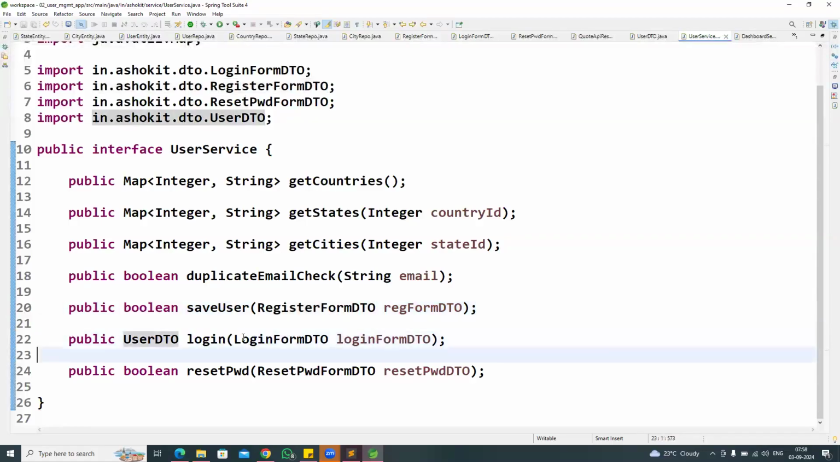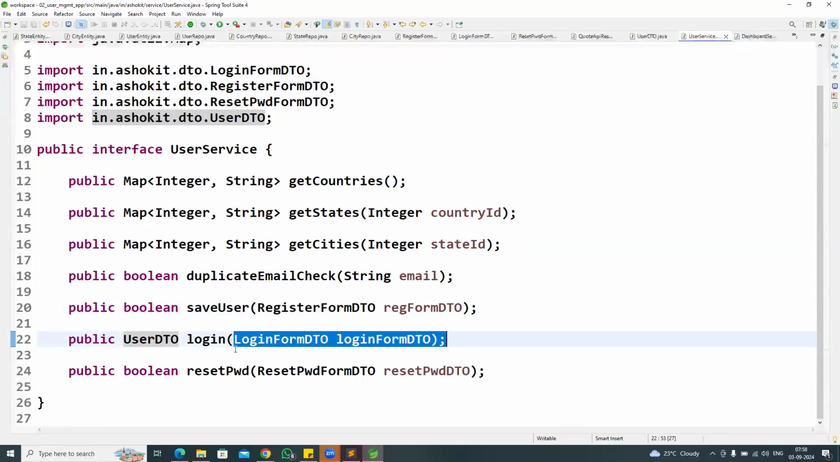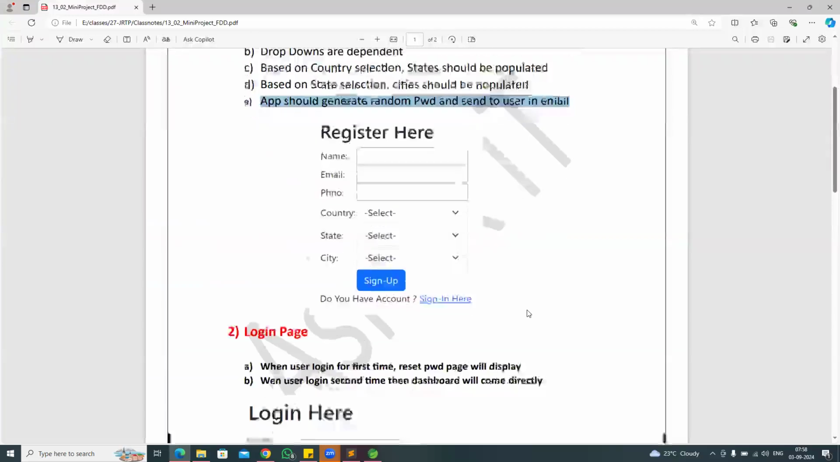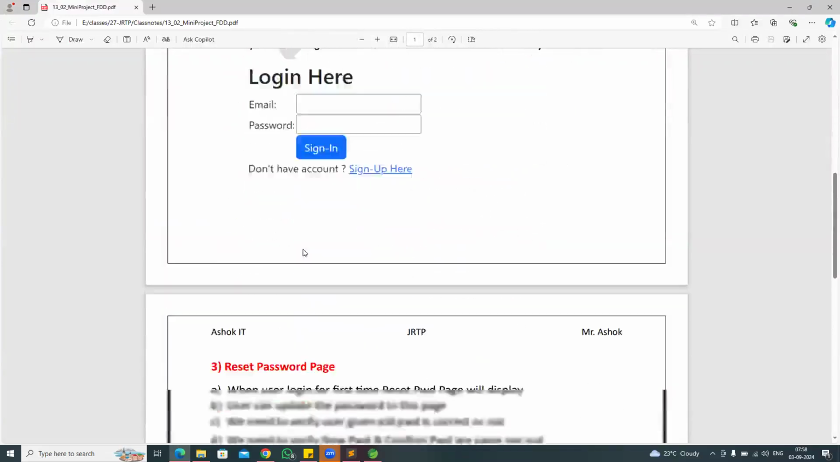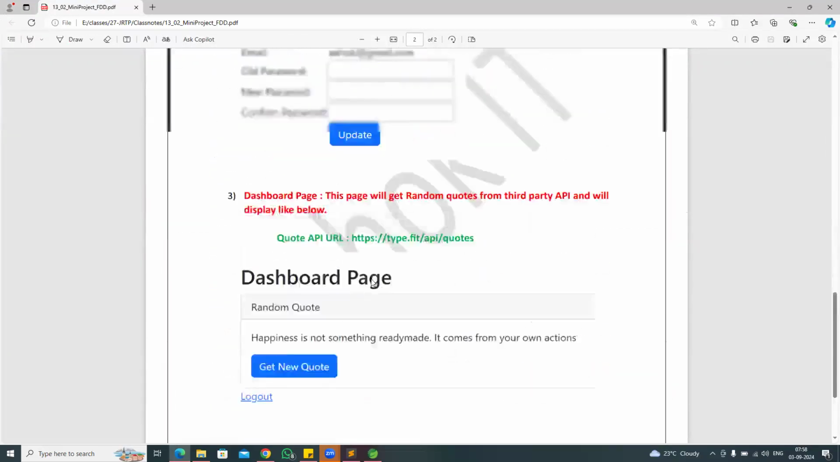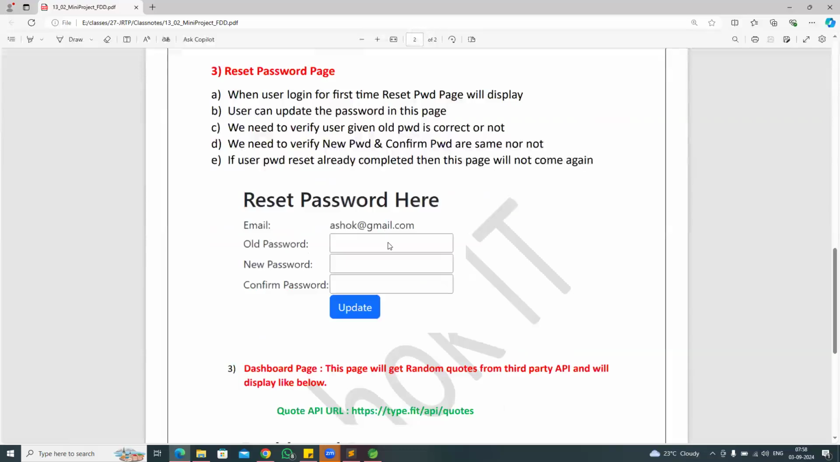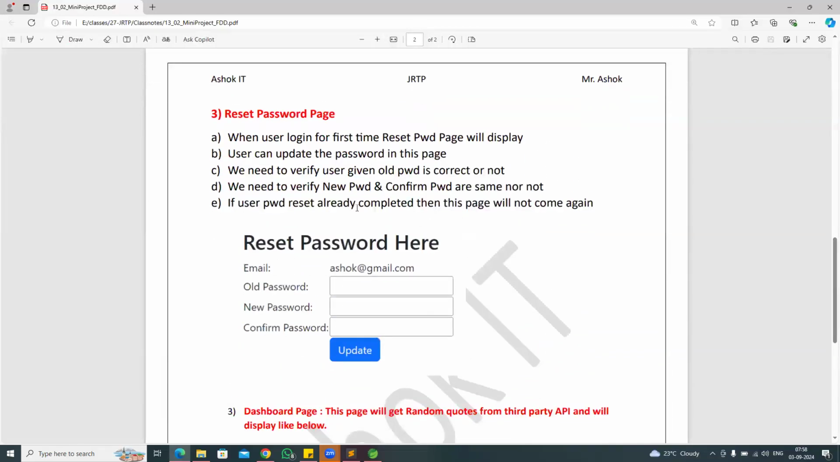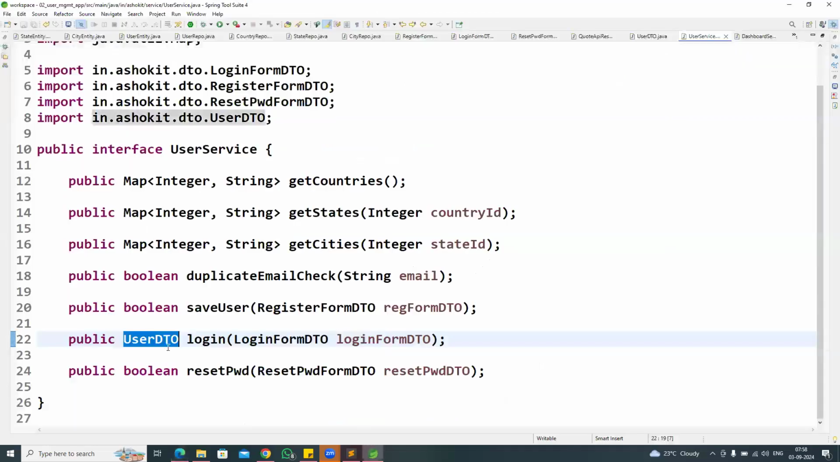Login method. Login form DTO object I am taking and I will return user DTO. Login may be successful, login may be failure. If login is successful, I want to do one more check. If login is successful, directly he will not go to the dashboard. There is a check in the middle. If login is successful, I want to understand whether user password is already updated or not. If user password is not updated, then we need to display reset password page. So here, if I take Boolean,